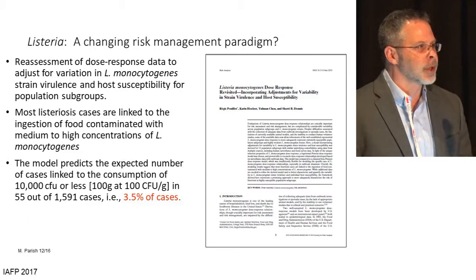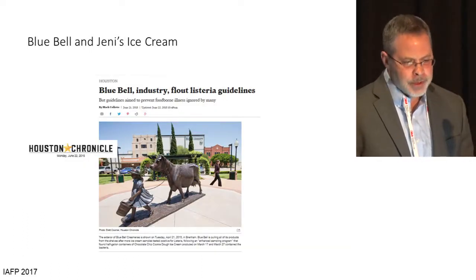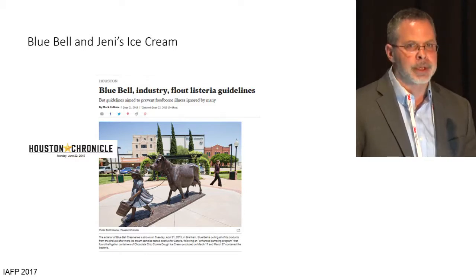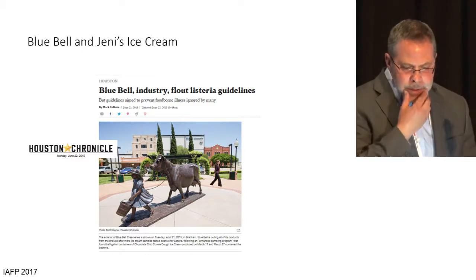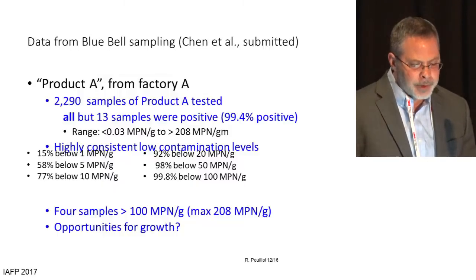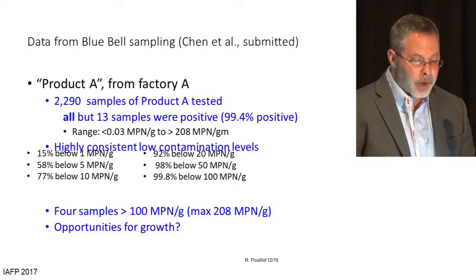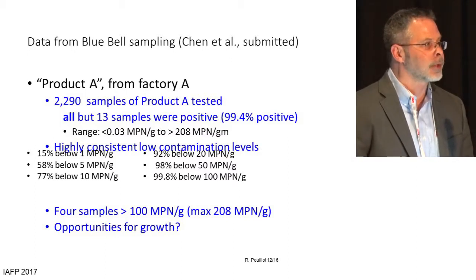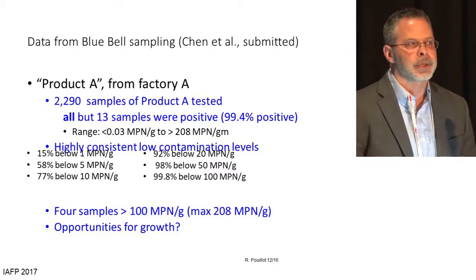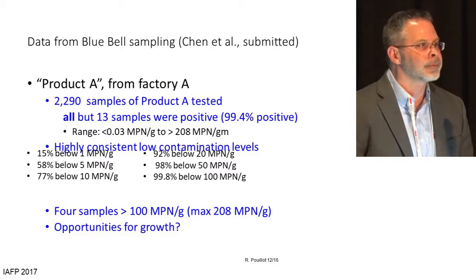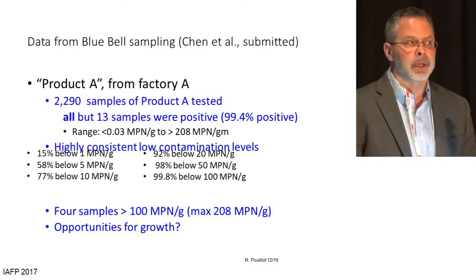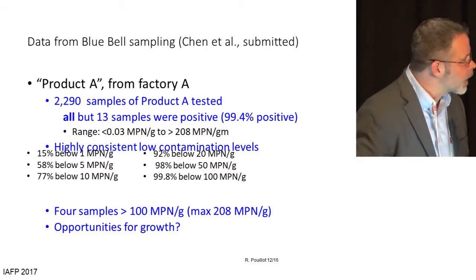Another event that drove changes was the Blue Bell outbreak, and I think this was already referenced in this discussion. In the case of the Blue Bell outbreak, the FDA was able to analyze a large number of samples, and they found, first of all, that 99% of the samples they analyzed were positive, so the consumers had a high level of exposure to positive units, which could have been a factor. That's an open question. The levels were relatively low. There were a couple of cases where the levels were higher in the samples analyzed.